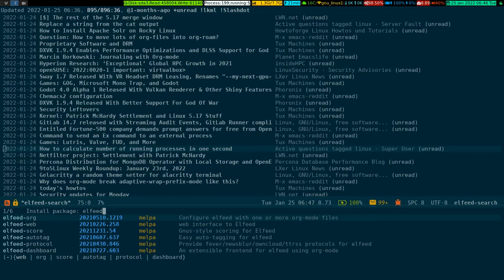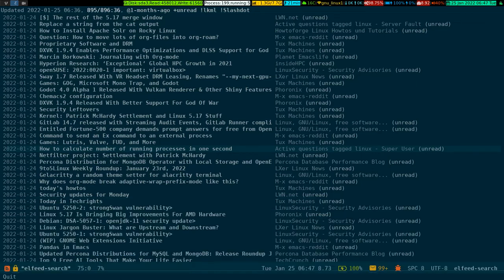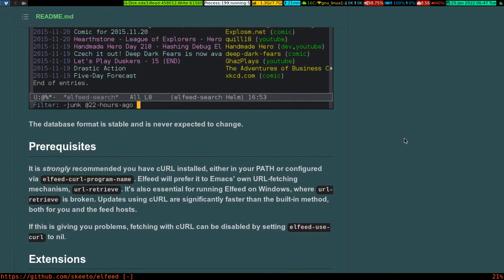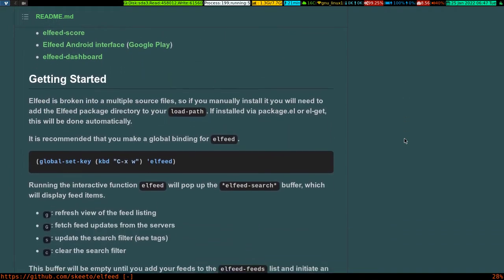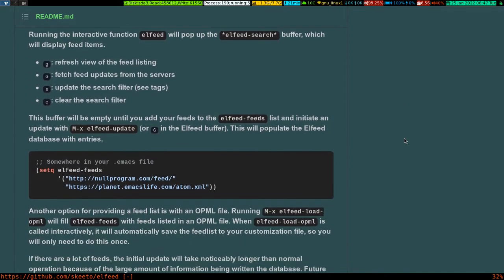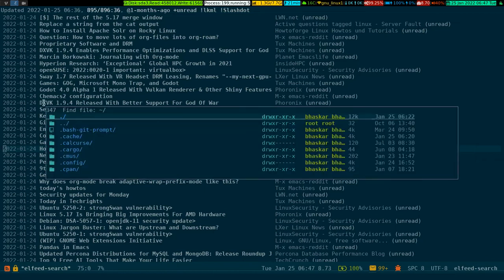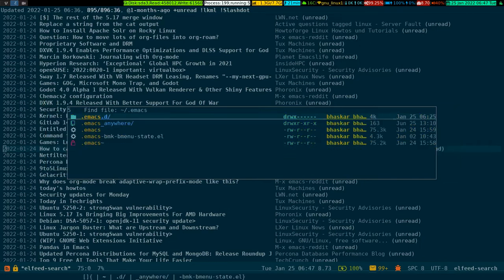So this is the way you can get this software and get it going. What else should I show you about it? Oh, one more thing. If I go here and show you my Emacs,